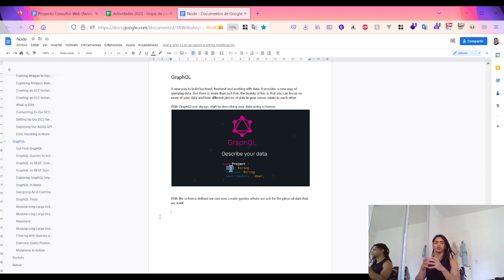I also started to see where is the specification, who made that, Facebook in 2012. What are the frameworks that use GraphQL, such as Relay, for example, for the React framework,